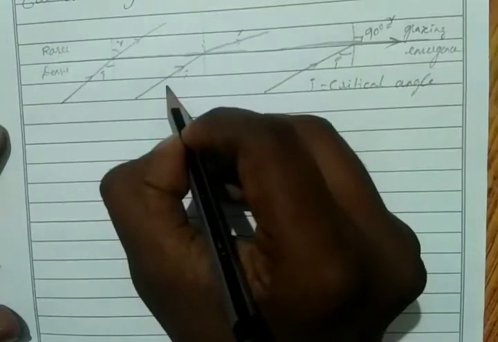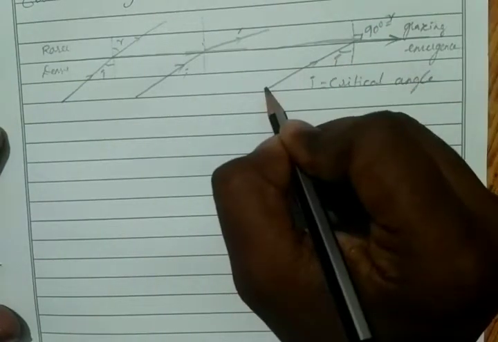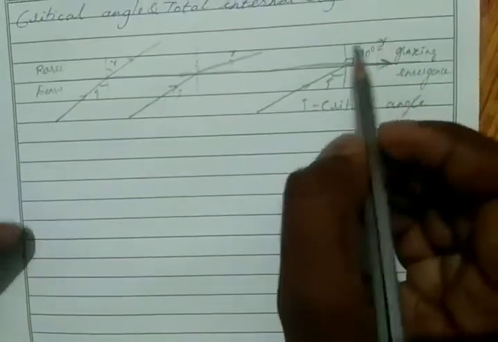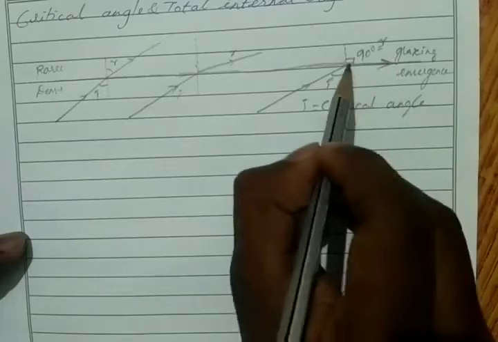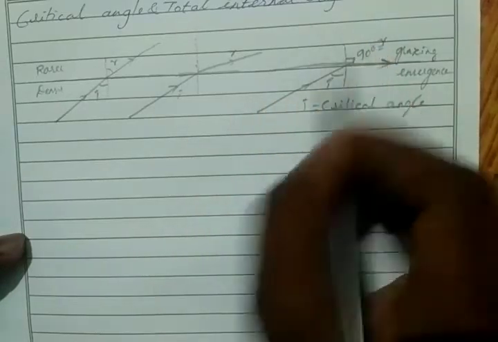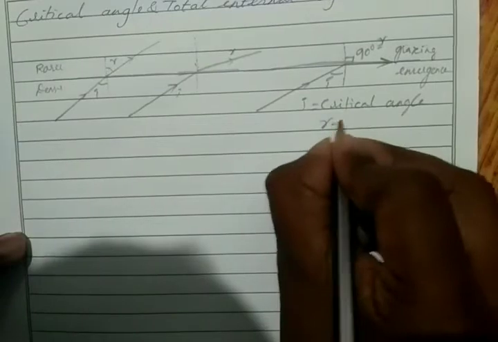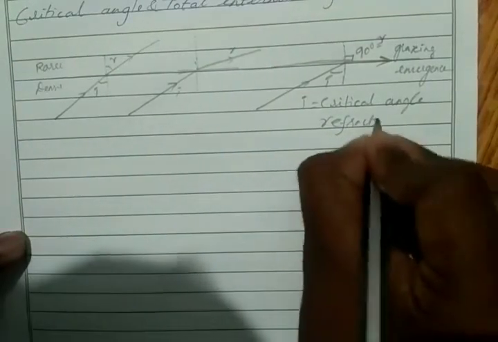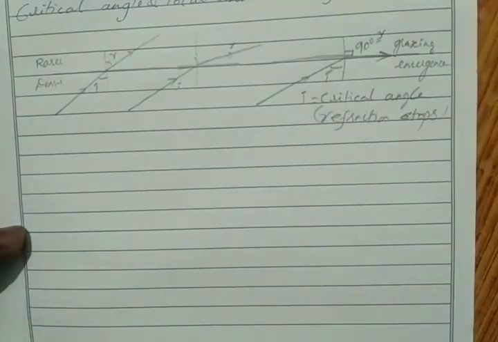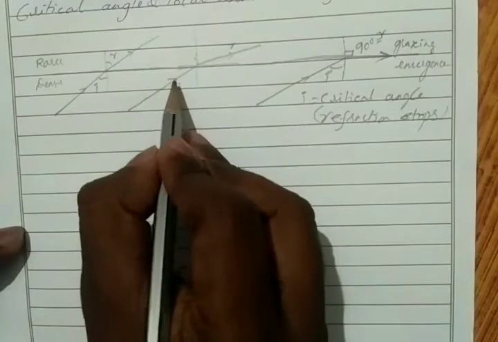So what will happen here? This process is known as refraction, right? Bending of light from one medium to another medium. So this is the denser medium, and here we have the rarer medium. Refraction takes place, but here no refraction takes place. You see here, light moving from the denser medium cannot go towards the rarer medium. Instead of that, it moved along the interface. So here refraction stops. Correct?